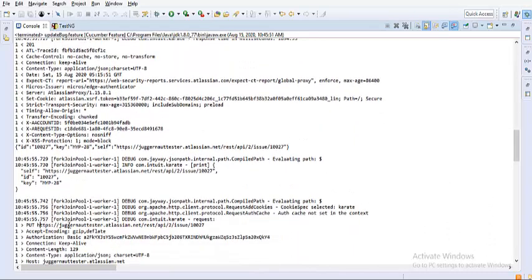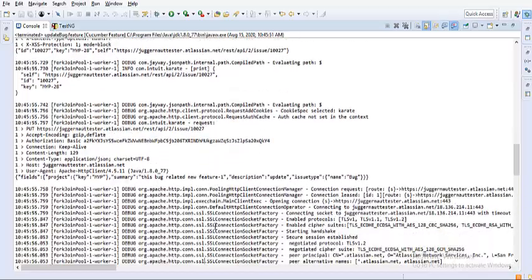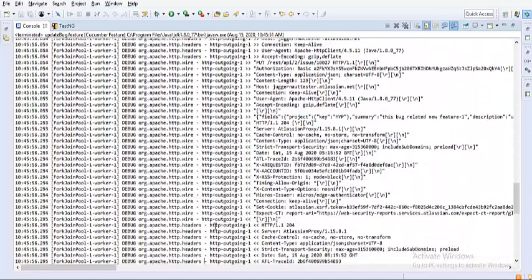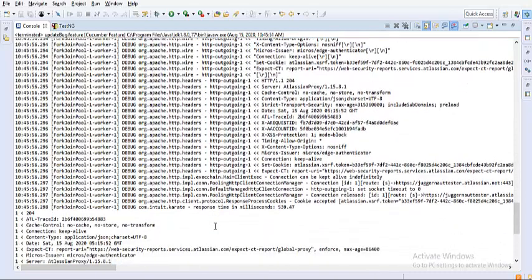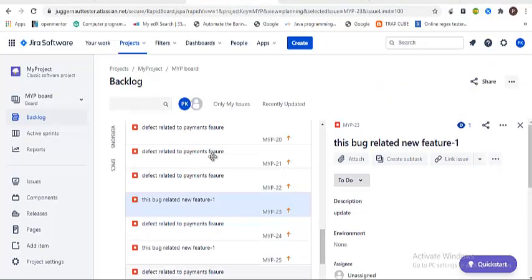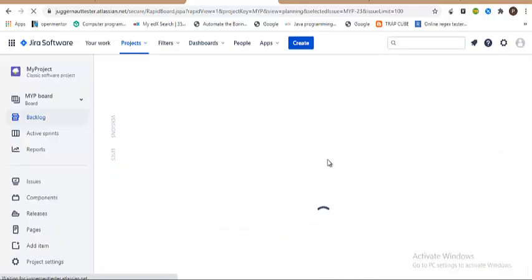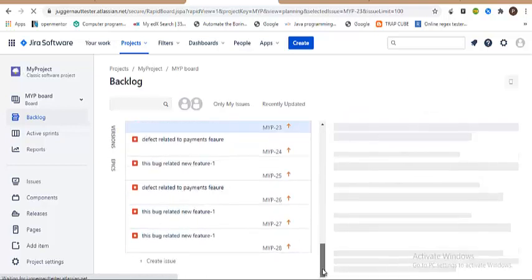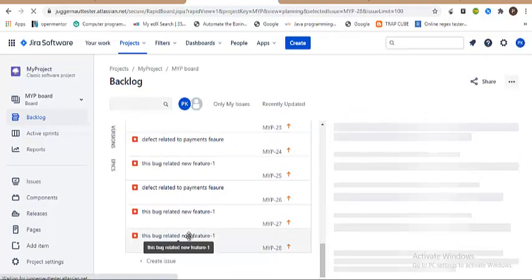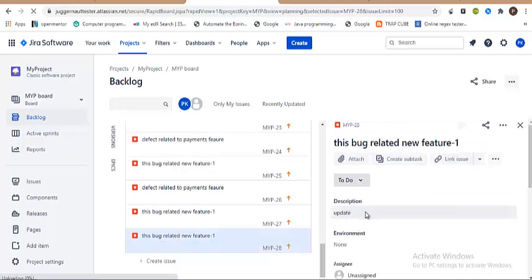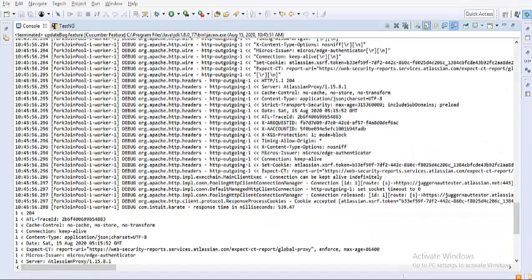So you can actually see from the response of this, we have only grabbed the id, which has been appended to the path parameter of the update test case, and we have hit the endpoint, and we have successfully updated the record as well. So since we're not receiving any response, let's just go and see whether the 10027 has been updated or not. So let me refresh my Jira board, and once it refreshes, let me come down, and this is the record that has been created, and you can see it is updated. So it has been created and it has been updated too. So this is how you actually chain it.